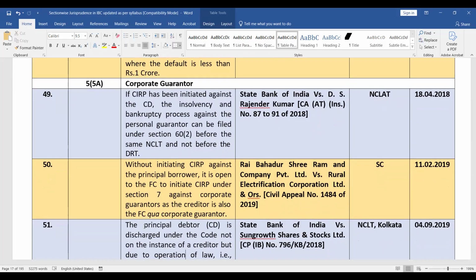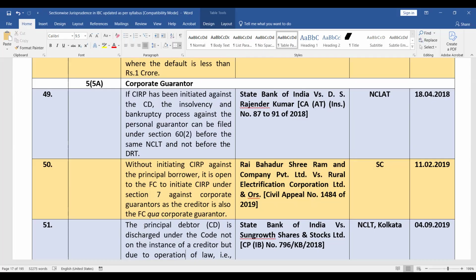लोन लिया है कंपनी ने और गारंटी दी है पर्सनल गारंटर ने। तो अब बात यह है कि ये पर्सनल गारंटर के अगेंस्ट में जो प्रोसीडिंग है वो एनसीएलटी में जाएंगी या डीआरटी में जाएंगी। तो इन्होंने ये कहा कि सेक्शन 60 सबसेक्शन 2 क्लियर है। तो सेक्शन 60 सबसेक्शन 2 बोलता है कि द प्रोसीडिंग्स कैन बी फाइल्ड बिफोर द सेम एनसीएलटी एंड नॉट बिफोर डीआरटी। तो सेक्शन 178 भी कहता है, सेक्शन 178 भी जुरिस्डिक्शन से डील करता है ऑफ इंडिविजुअल्स एंड पार्टनरशिप फर्म्स, और सेक्शन 178 बोलता है कि इट इज सब्जेक्ट टू सेक्शन 60 सबसेक्शन 2।